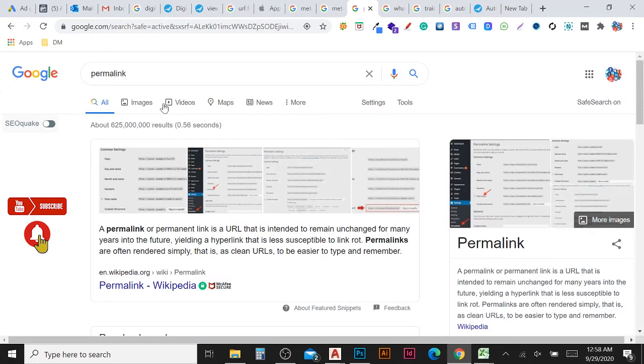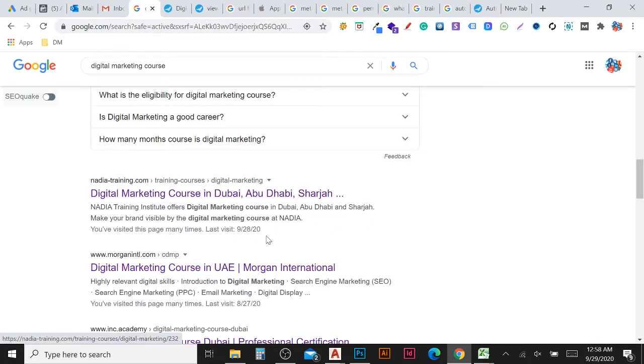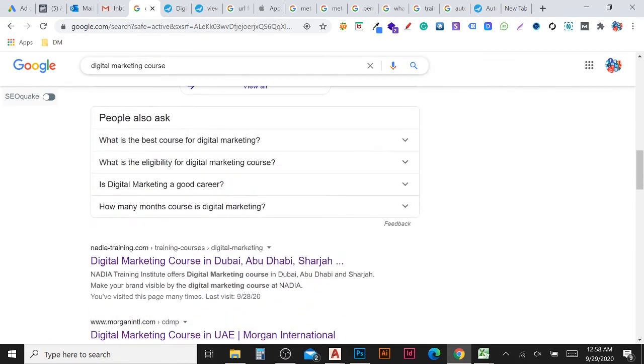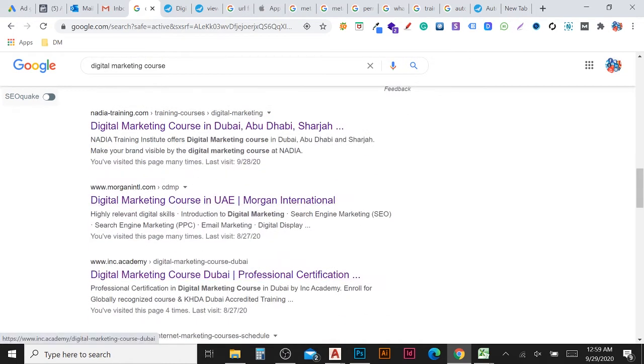And for the permalink, you can add a keyword. Again, from my side I will recommend adding a keyword, because when people are searching for any keywords here, they are looking for your product, but if they don't see the keyword or anything related to what they are searching in your link, they will not click. Here it has digital marketing. Okay, I trust this website is a digital marketing page, then I will click.